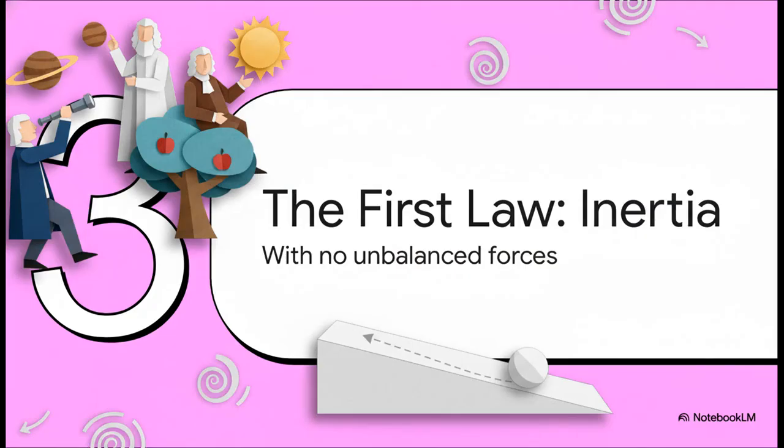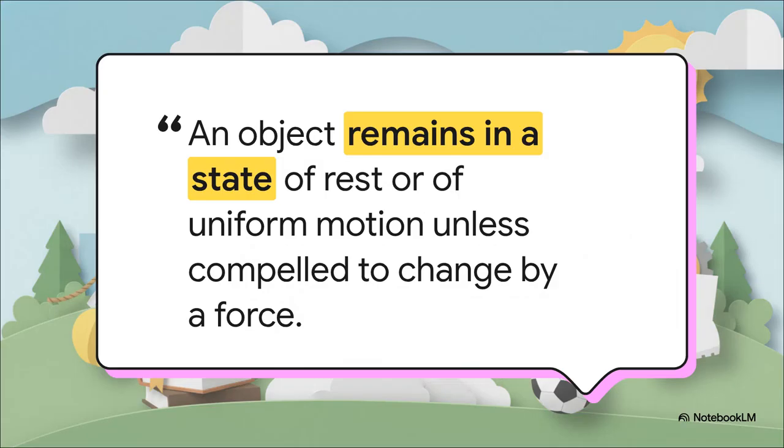This right here, this is the massive leap in thinking that changed physics forever. Galileo and then Newton asked a brilliant question. What would happen if we could get rid of friction? If we could remove all the opposing forces, what is an object's true natural state? This is revolutionary. This law says an object doesn't naturally want to stop. It naturally wants to keep doing whatever it's already doing. If it's sitting still, it's going to stay still. If it's moving, it's going to keep moving at the exact same speed in a perfectly straight line, literally forever, unless some unbalanced force comes along and messes with it.